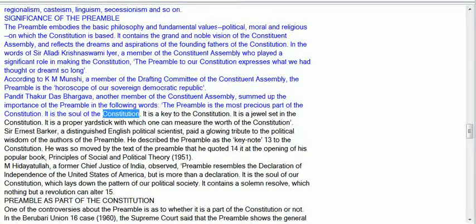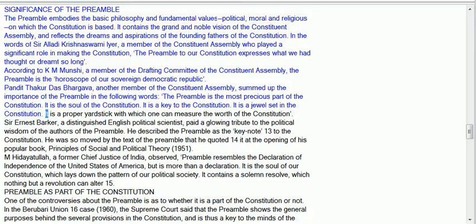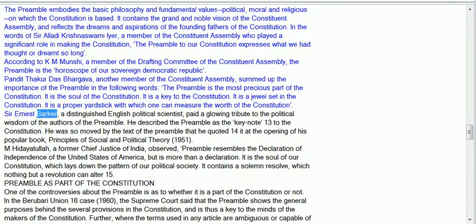It is the soul of the Constitution. It is a key to the Constitution. It is a jewel set in the Constitution. It is a proper yardstick with which one can measure the worth of the Constitution. Sir Ernest Barker, a distinguished English political scientist, paid a glowing tribute to the political wisdom of the authors of